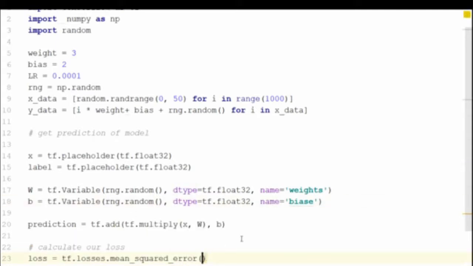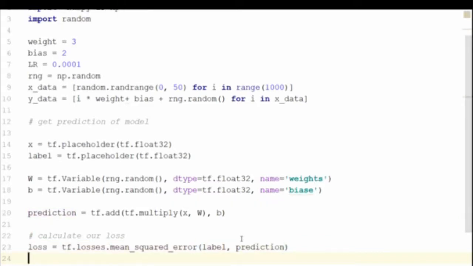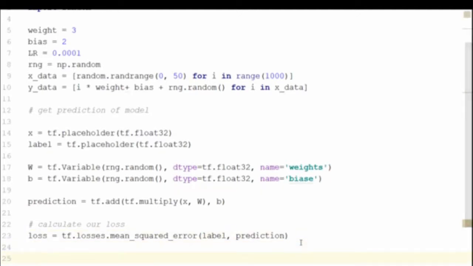So what are our labels? Well, labels, and our prediction is going to be prediction. Okay, that's all we have to do. TensorFlow has a lot of built-in losses for us, but I did mean square last video, so I'm going to do that now. Step 3 is use our